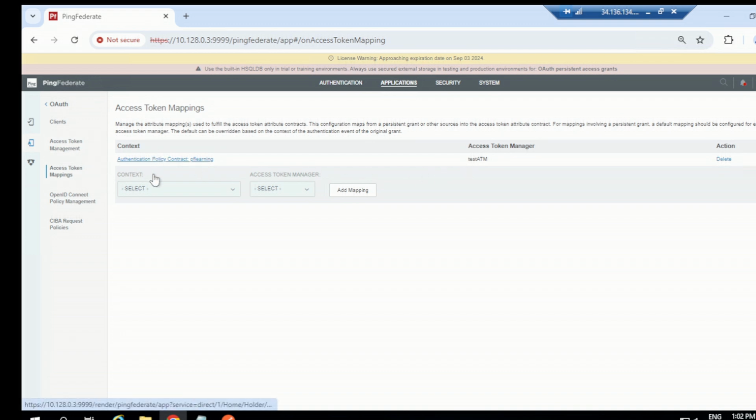For that you have done the mapping here using this authentication policy contract. Now let's go back to the context, and you can see you have the validator as OpenDJ. So you need to do the mapping for this also. This validator we are using for the ROPC thing. So for context as a validator, you can choose OpenDJ PCV, access token manager, choose test ATM, and click on add